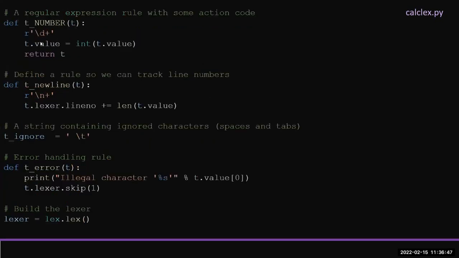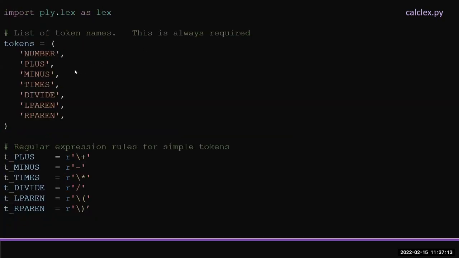If it follows the regular expression like this, then it will actually determine the tuple value, and you get this. Okay, and the t_ignore type is this: white space will be ignored. Then there's the error type. If the token is an error type, then the lexer will skip it. Okay, so these are the basic rules that you use to design